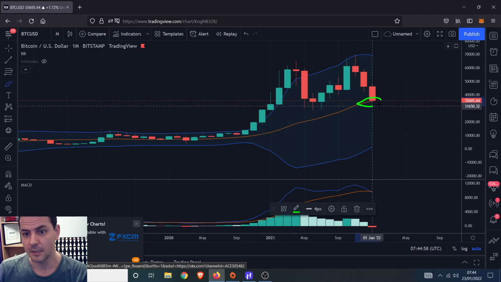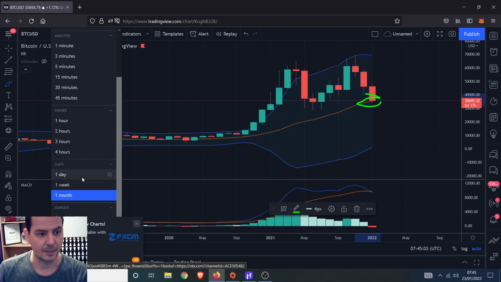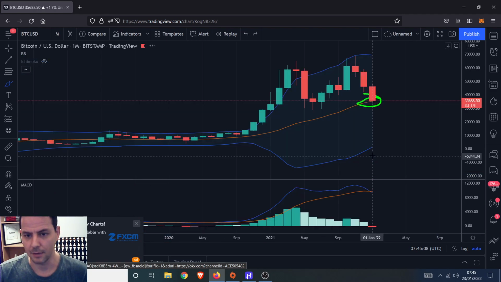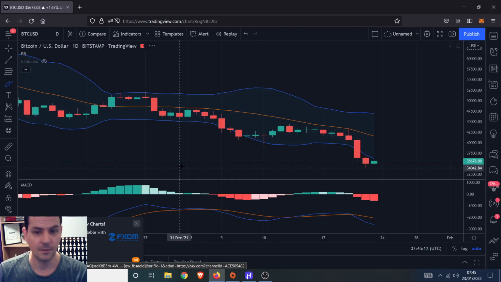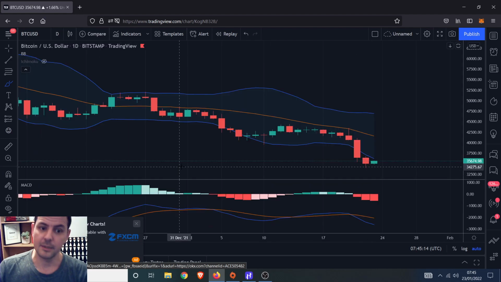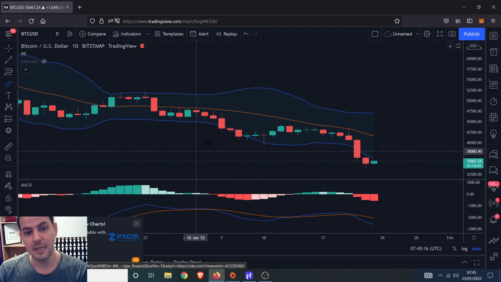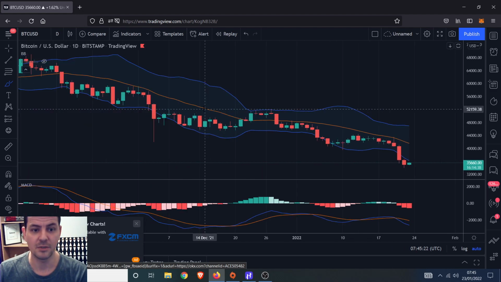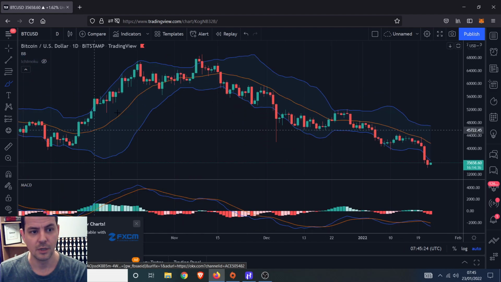So that's number 1. And number 2, if we go to the daily here now, we'll move that out of the way, and simple Bollinger Band stuff. You're more likely to see price action take place within the bands, and this is to a much greater extent, to the tune of 95%. So 95% of candles close and price action is inside a Bollinger Band.